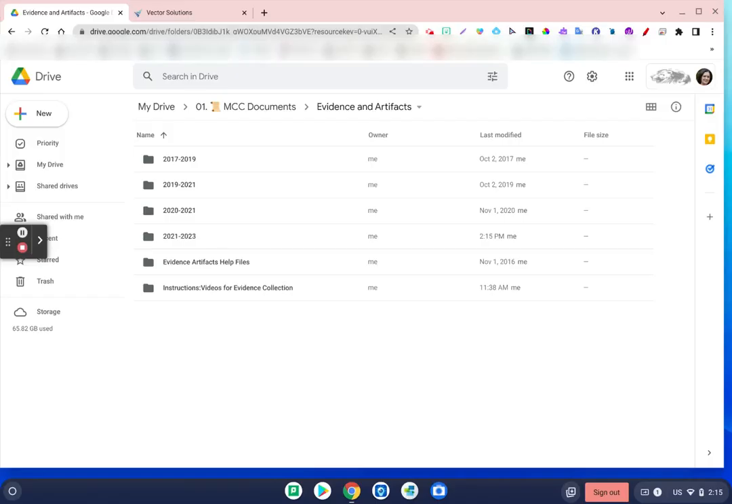This video is going to show you how you can upload folders and or individual documents that you have in your Google Drive to TeachPoint for evidence purposes. Within your Google Drive, if you have a folder in which you have been saving individual documents for evidence purposes